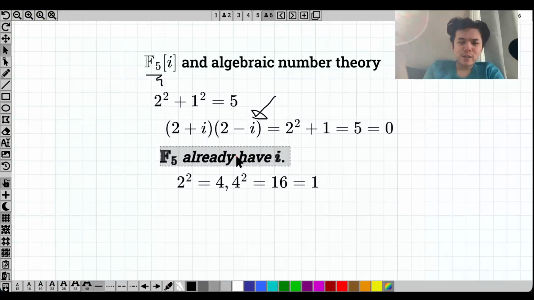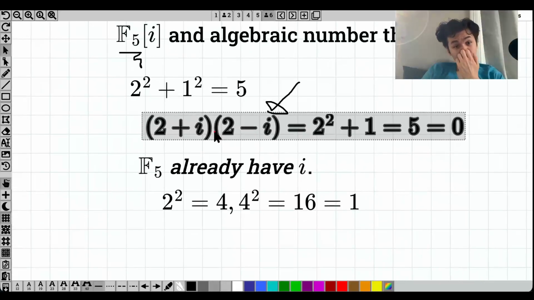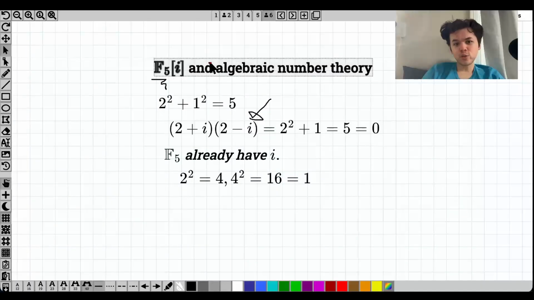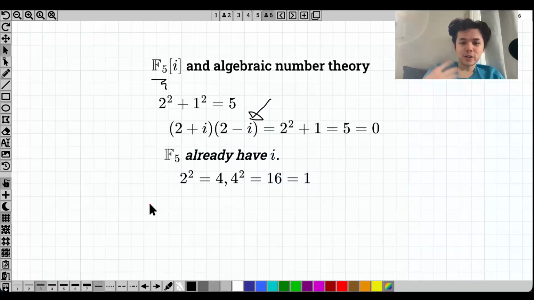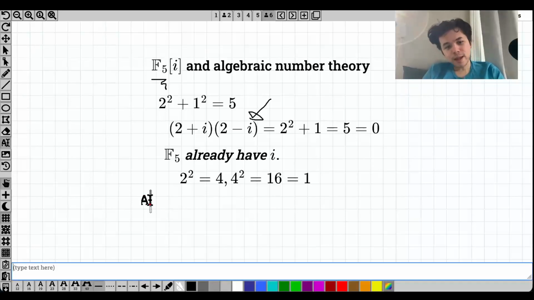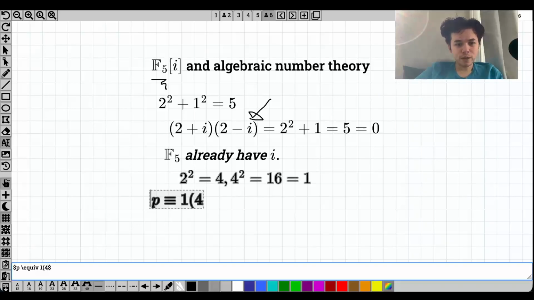And so if I add in an additional i, I'll have too many roots of unity, essentially. I'll have too many fourth roots of unity. And when I have too many fourth roots of unity, I can form this. So the question is, what's the general pattern here? And the general pattern is actually pretty fascinating, is that if I have a prime p that is equivalent to 1 mod 4, a few facts